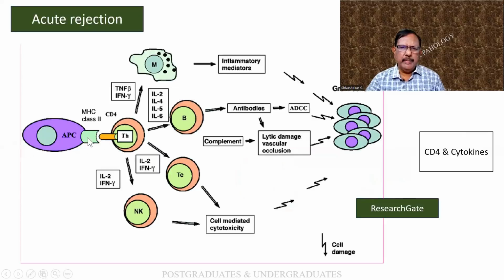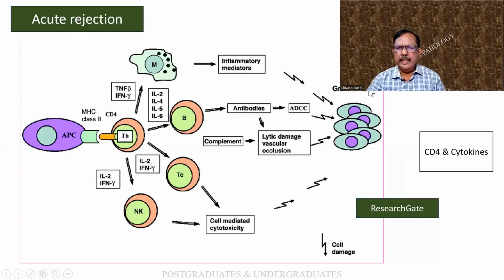So this is the antigen presenting cell. You find that it activates the T helper cell. There are a lot of these mediators which are being released. They can be actually chemotactic for the various cells. Tumor necrosis factor, a series of interleukins, as well as the interferon, etc. As a result of which you find that all these cells come into action, because of which there can be inflammatory mediators. There can be the B cell becoming the plasma cell, leading to the production of the antibodies.